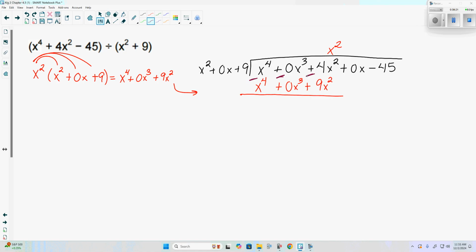Now the first term will cancel. X to the 4th minus x to the 4th is indeed 0, yes? 0x cubed minus 0x cubed would also be 0. We could drop it. I'm going to leave it just so we keep track of our terms. 4x squared minus 9x squared is